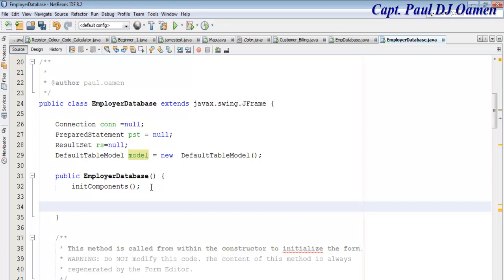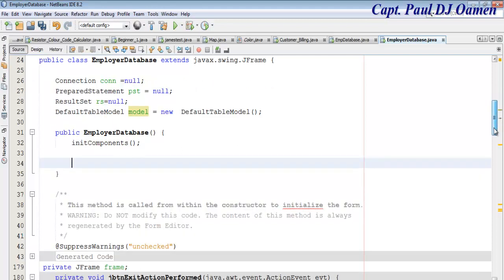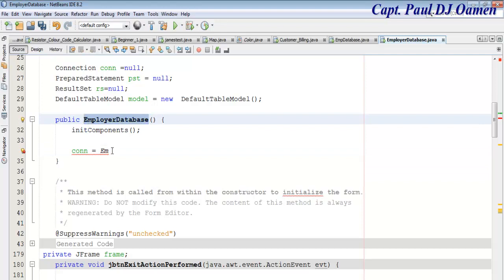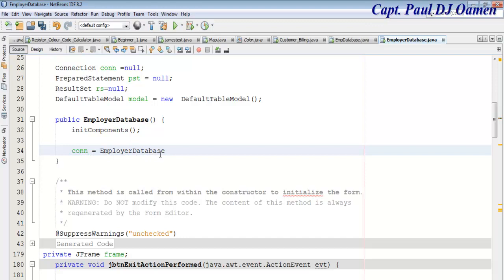Now right underneath here, I'm now going to do as follows. You might be wondering, why do I want to do that now? I might as well do it. Let's connect the employee database itself. Oh yeah, employer database. Copy and paste it right here. Employer database, and I'm going to just call that